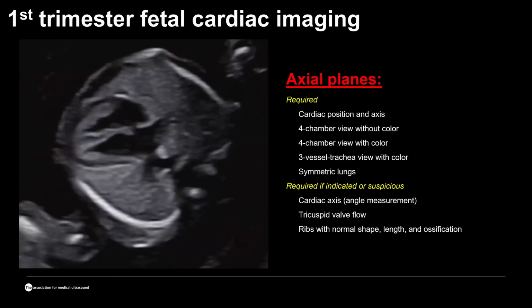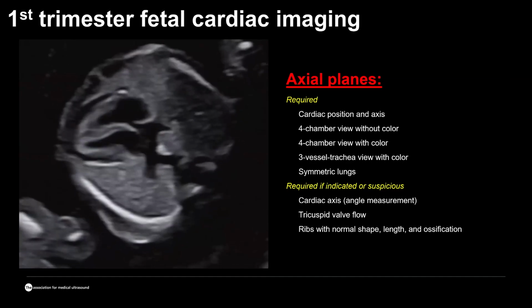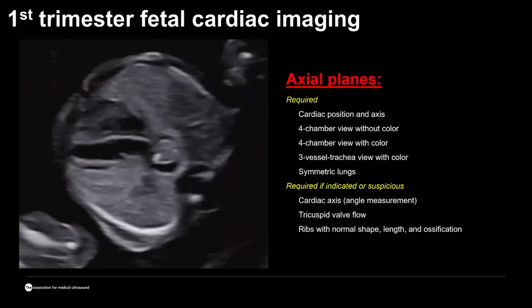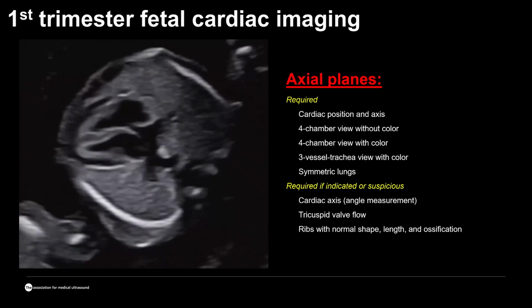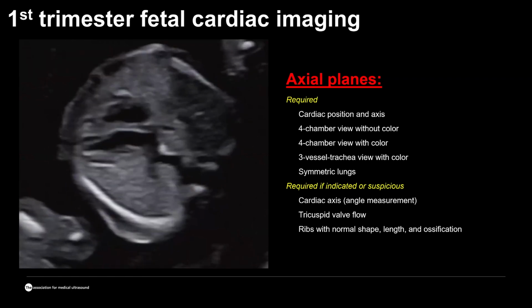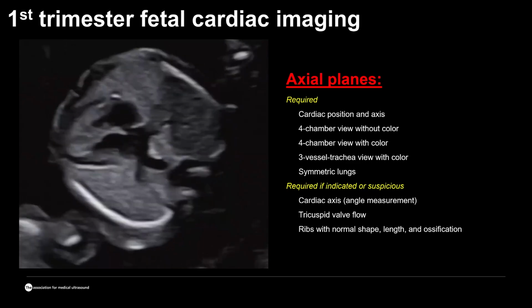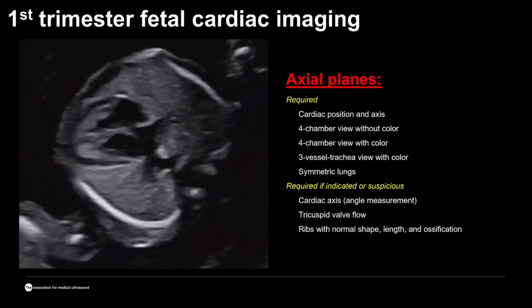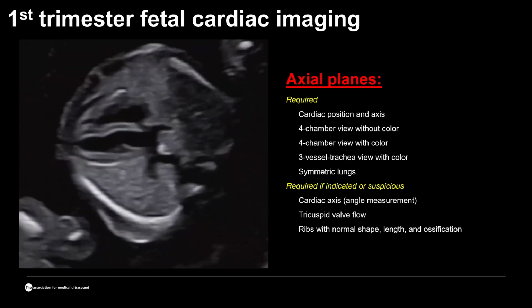My talk would not be complete if I did not mention first trimester cardiac imaging and the new developments in our probes, and how the resolution of the transabdominal probes improved dramatically. Here is the quote from the AIUM guidelines. This is the detailed ultrasound in the first trimester between 12 and 14 weeks gestation.